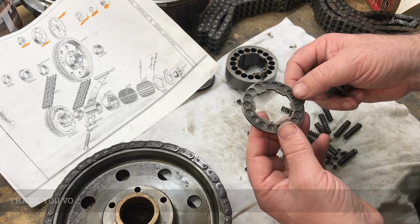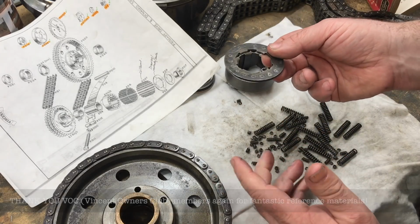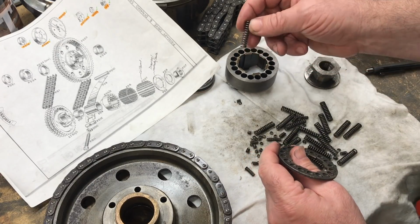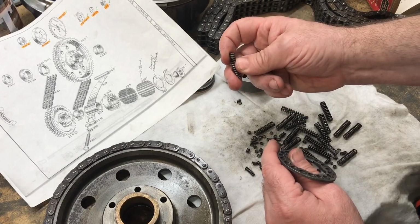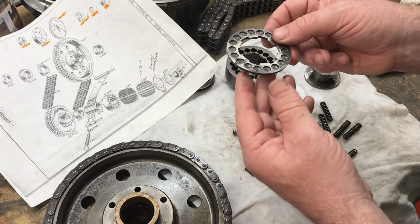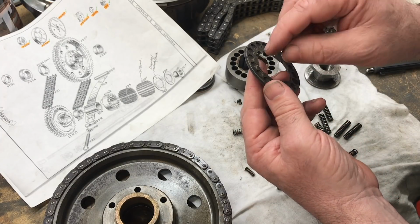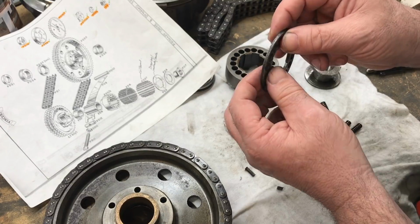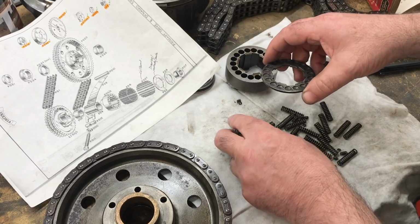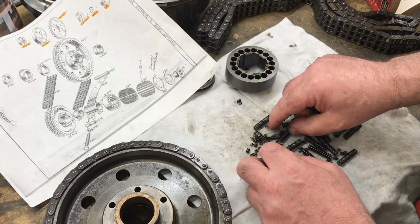I've done a little research, and what I've determined is that having these seats, or the dimples, facing in was not always a good thing, in that in some cases it accelerated the breakage of the springs. So a mod was to turn it round the other way. But in so doing, you lose the dimensions of this ring, so you go to the thicker dimension, and because they're not sitting in the seats, when you clamp it down you're actually putting more pressure on the springs, and they become coil bound